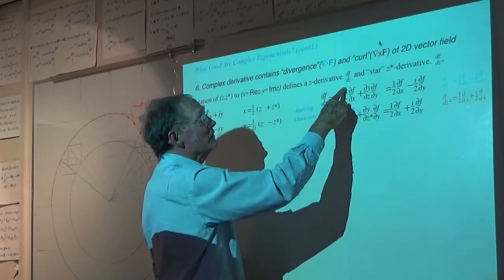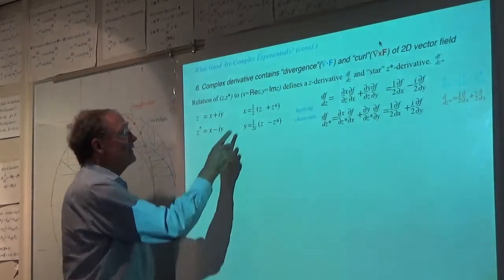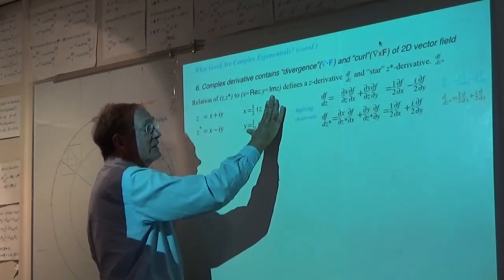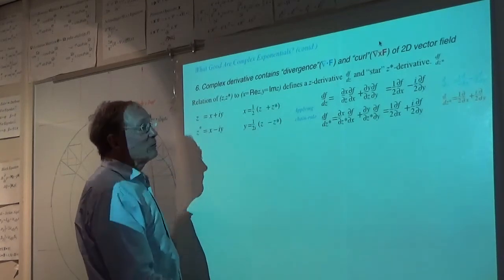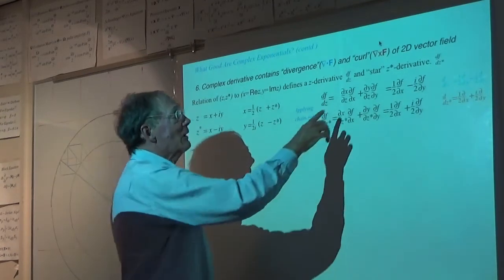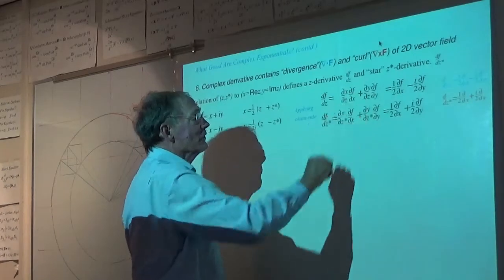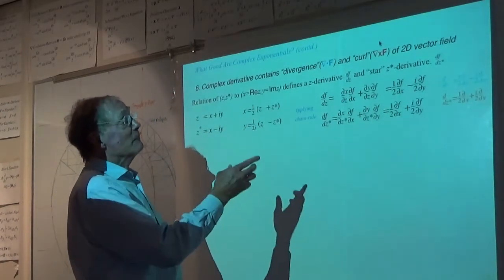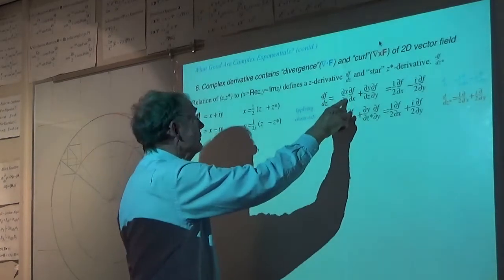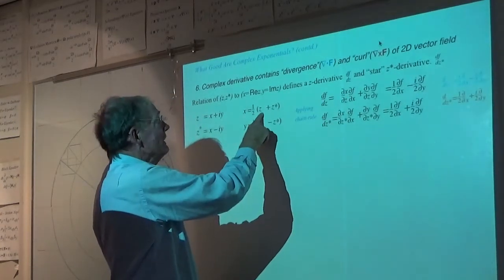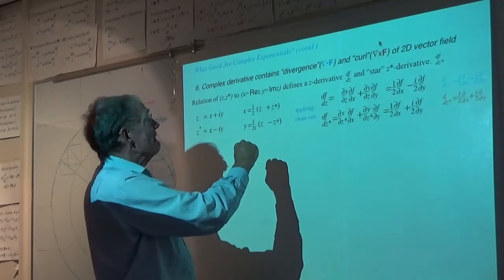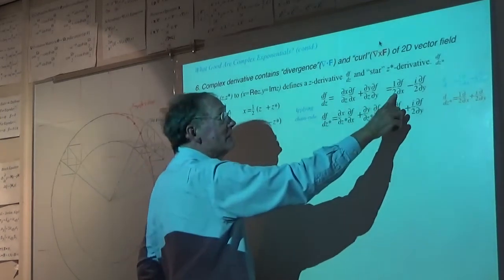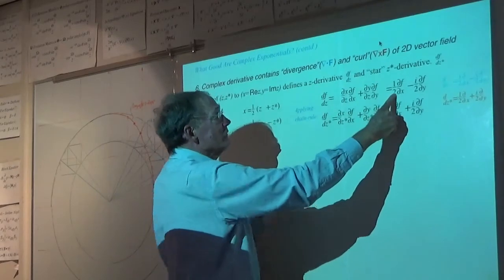Okay? Well, partial x with respect to z, that's this thing, is just 1/2. Okay? So that's what we're going to get for this. We just have 1/2, and then I've got a partial x with respect to z, that's this thing right here, okay? And I take a partial x with respect to z-star, I just get 1/2. Okay, that's what those two connect up.